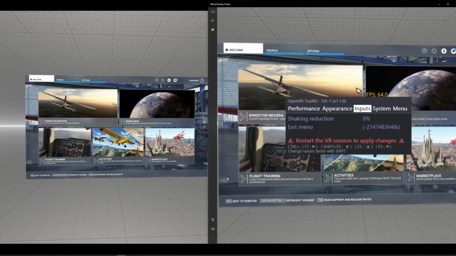Going now to the Inputs menu, we have Shaking Reduction, and this is a godsend for HP Reverb G2 users, and I recommend you turn this down between 60 and 45%. The tracking of the headset is too sensitive, with some people reporting even their heartbeats are moving their headset slightly. This dampens that effect. If you're using a headset that uses base stations, well, you won't need to worry about